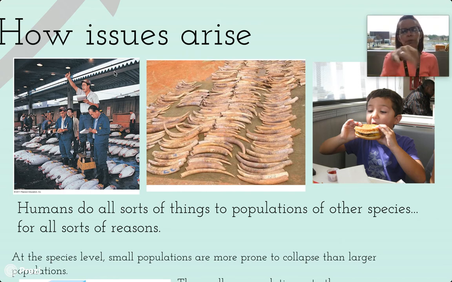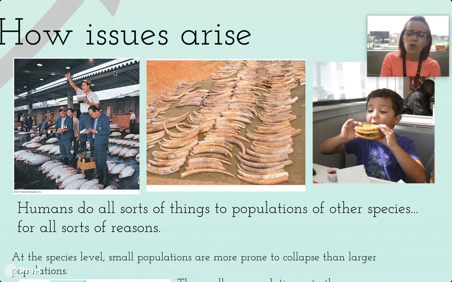I'm not sure why the author who made this has a child that's eating a hamburger, but I will mention that even eating meat, beef in particular, cattle are so bad for the environment. They fart methane, which is a terrible global warming gas. They use tons and tons of water. Farmers have to give them tons and tons of water. There are so many ways that eating cattle is so bad for the environment. So there's just a lot of ways that humans are impacting the environment and populations.